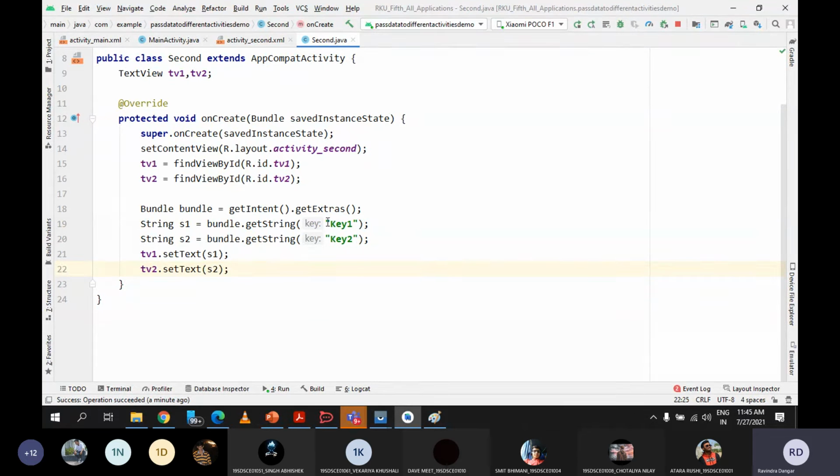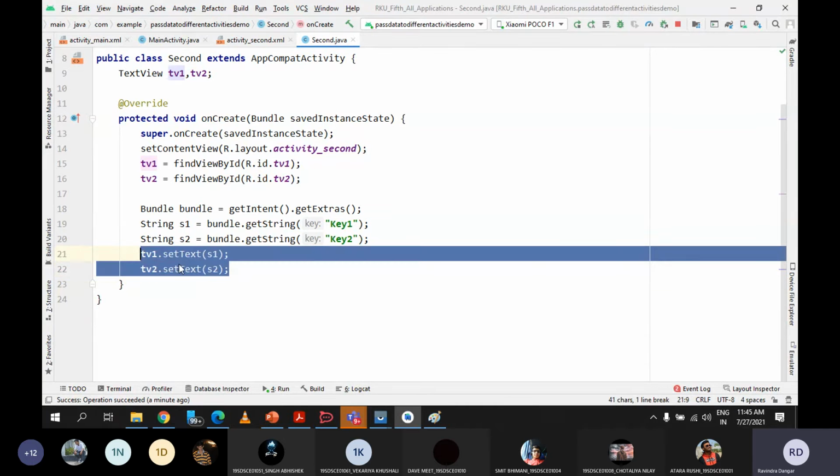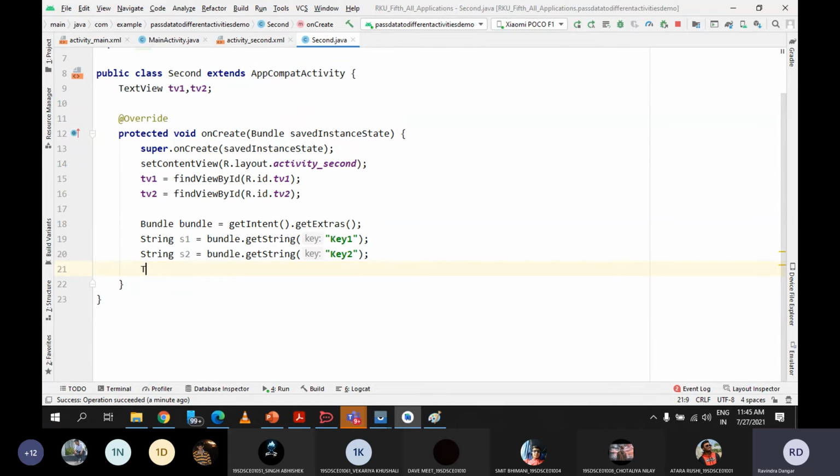Dot getString is there. We have used the key. Let me just display the toast message before this to see whether I am getting it or not. Let's display S1 here, plus and then space and